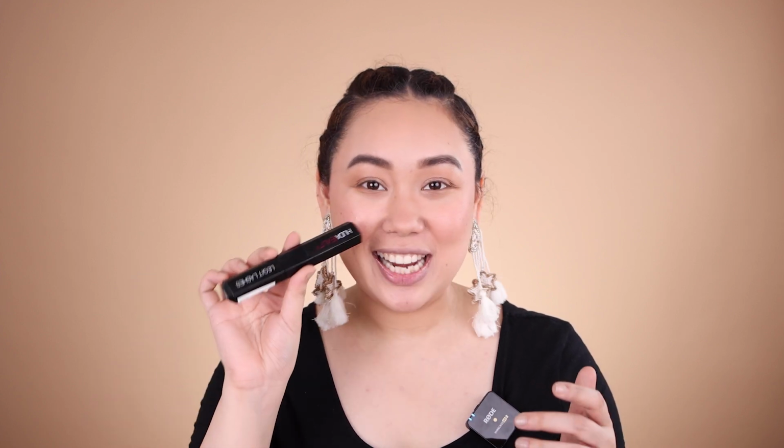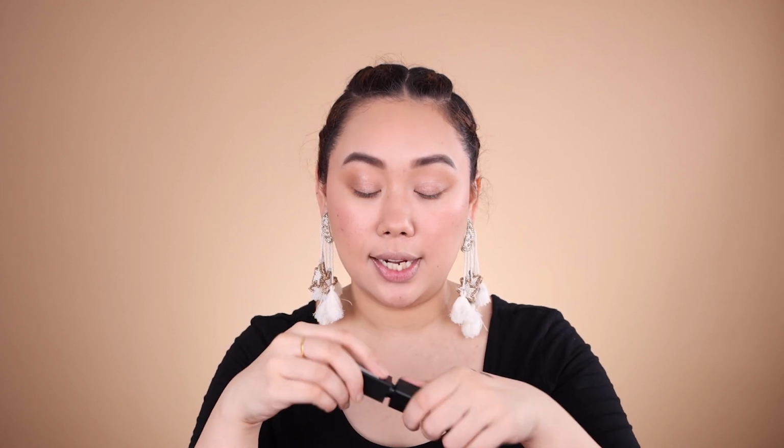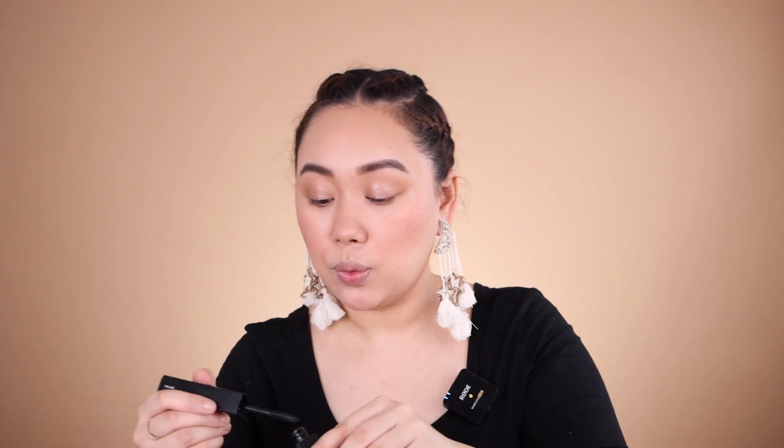Anyway, Huda Beauty Legit Lashes Mascara. It has two sides. This one is for curl and length, and this one is for volume. So we're going to start with curl and length first. Oh, took it out of it. We're going to start with the curl and length part first, and then we're going to add volume at